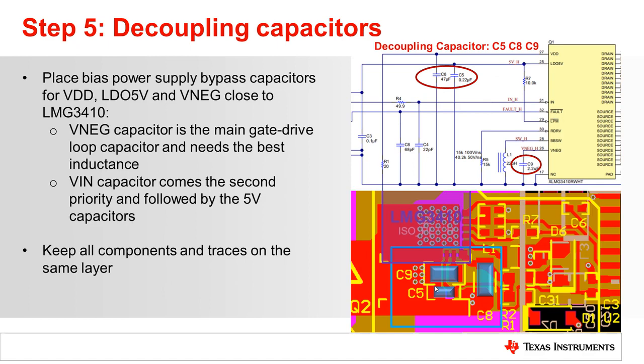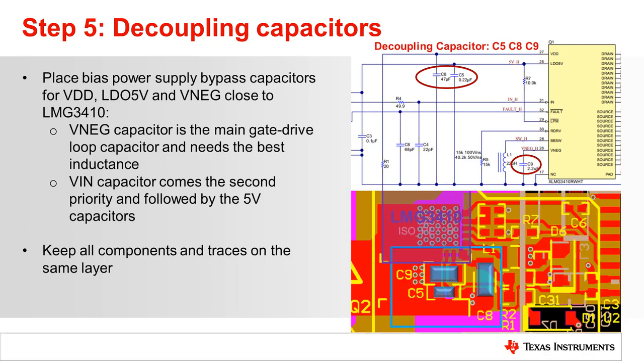Now let's talk about the last step, which is the things we can do to improve signal integrity. First is the decoupling capacitor placement. A general rule is to keep the decoupling capacitor as close as possible to the pins to reduce the amount of parasitics. However, sometimes it's not physically possible to place all the caps close, and we need to assign some priority to the signals.